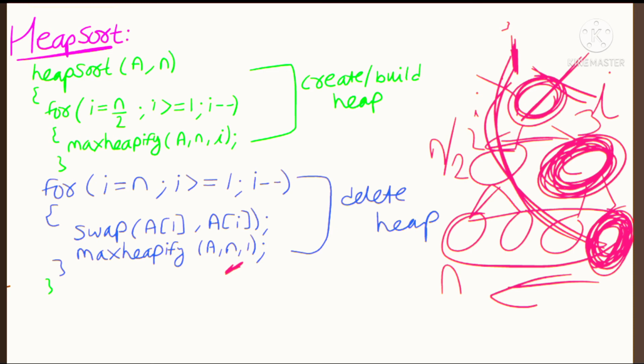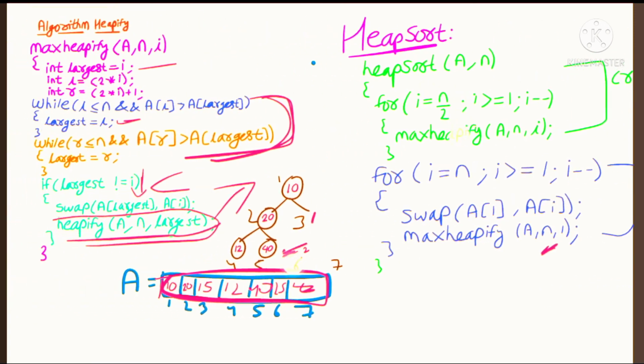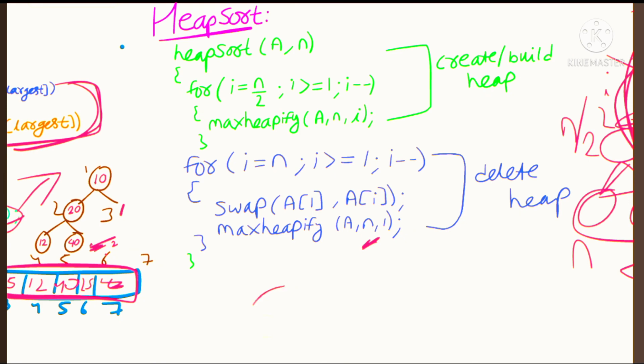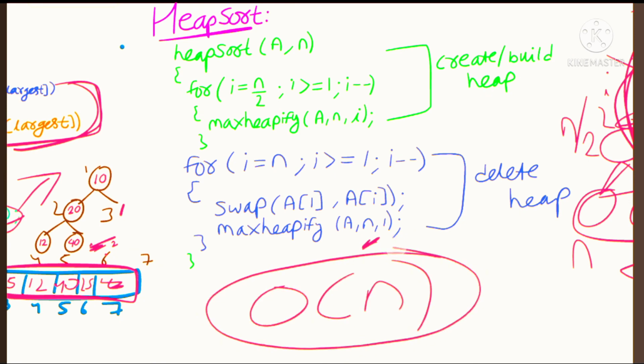So we call max heapify here with a, n and 1, the 1 one gets deleted. Then the array will have the deleted one, so we will get a sorted array. Then we are closing the heap, and this way we can do the heapify method, and it will require a time complexity of order of n, which is much less than the heap sorting that we did previously.